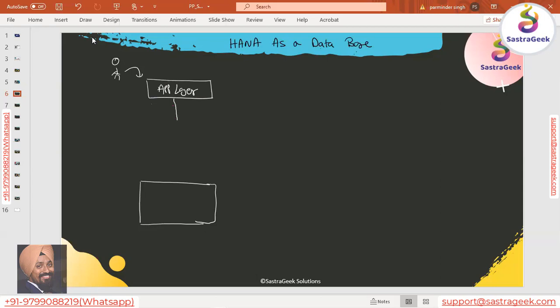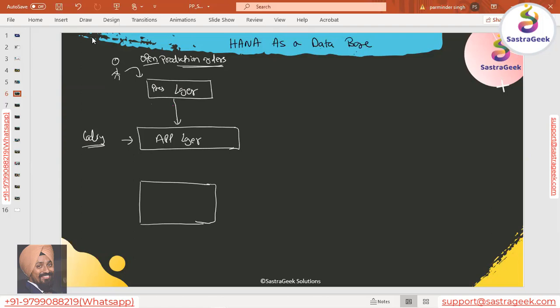This presentation layer will pass the information to the application layer, where your coding will come into the picture. Here it will decode that. Let's say he wants to run a report: what are my open production orders? That report needs to be run. That information has gone to the application layer.